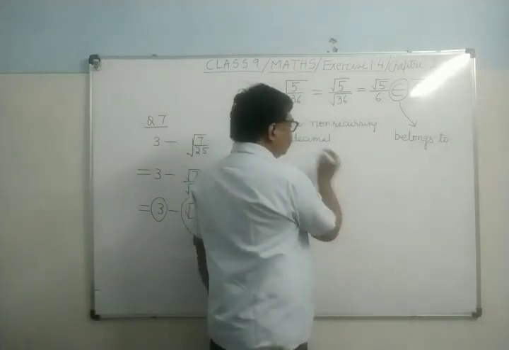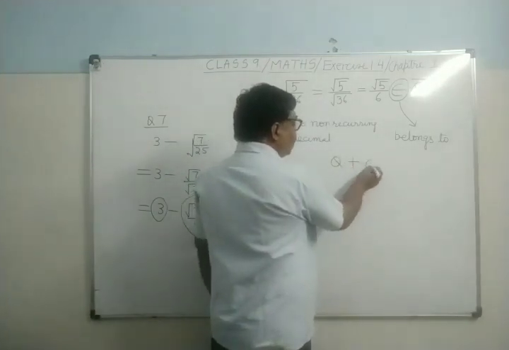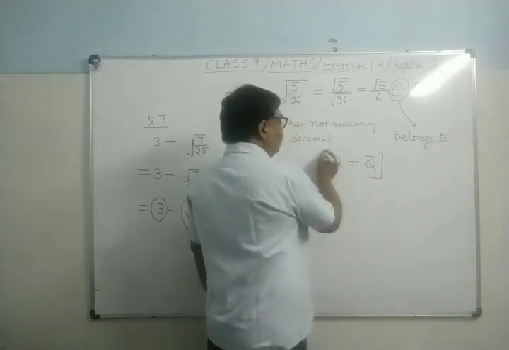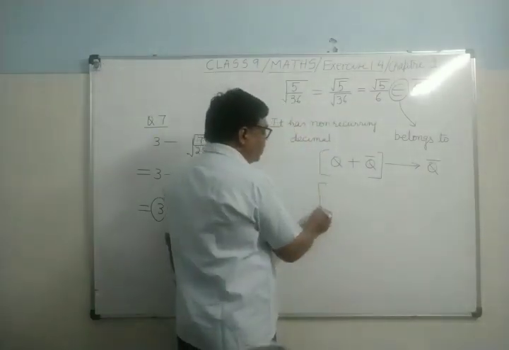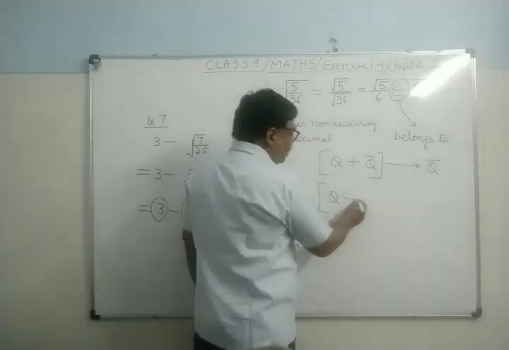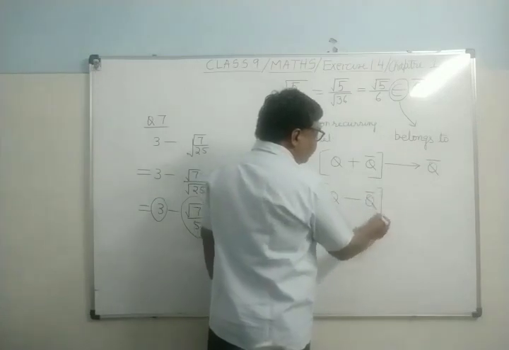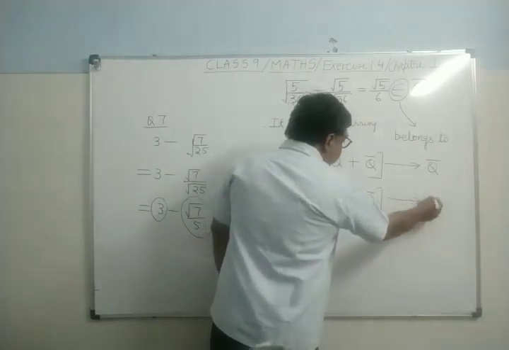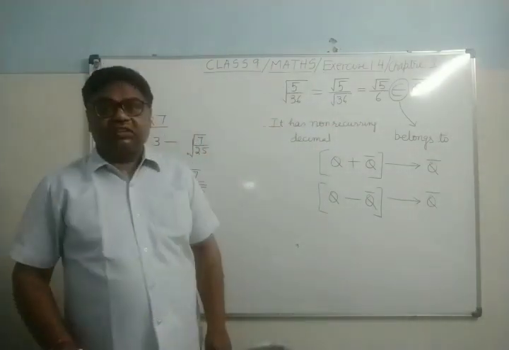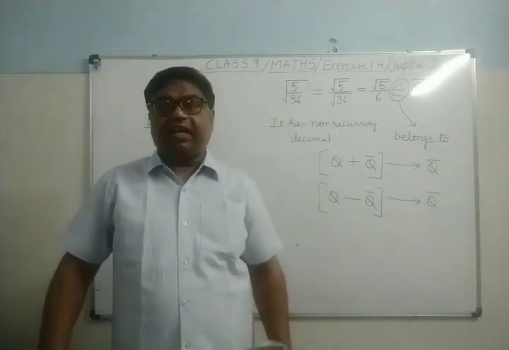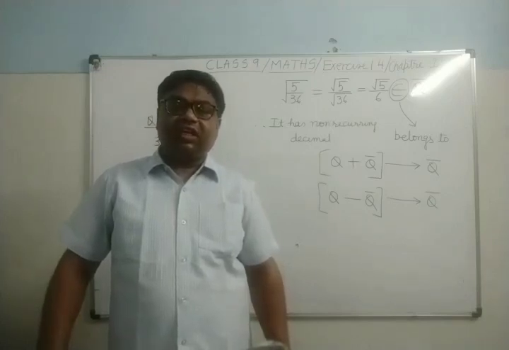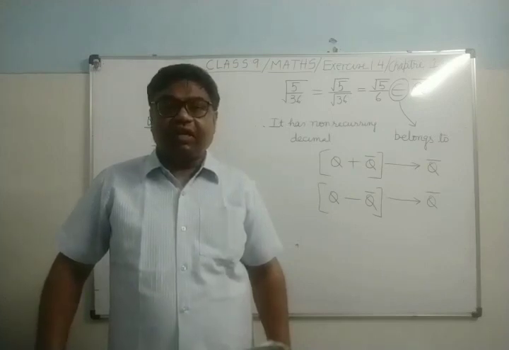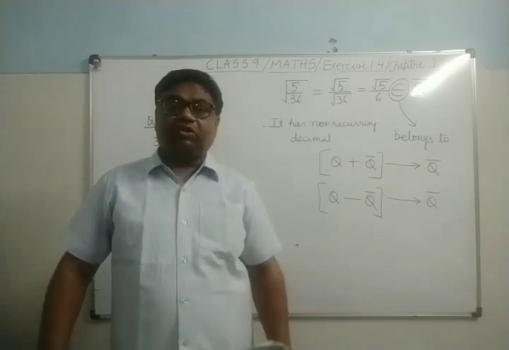Means suppose there is any rational number, then you add irrational number in that, this whole thing will be irrational. Similarly, there is a rational number, and if you subtract irrational from that, that will also be irrational. मतलब रेशनल को इरेशनल के साथ ऐड करेंगे, रिजल्ट विल बी इरेशनल. सिमिलरली रेशनल से इरेशनल को सब्ट्रैक्ट करें या इरेशनल से रेशनल को सब्ट्रैक्ट करें, रिजल्ट विल बी इरेशनल.